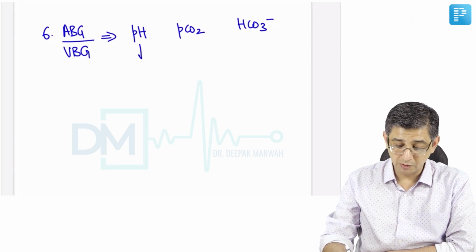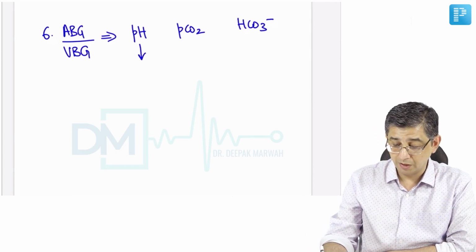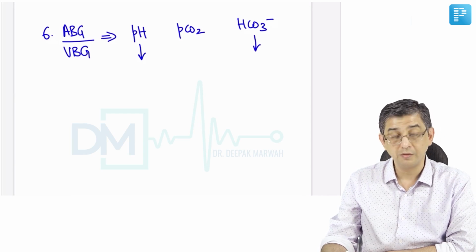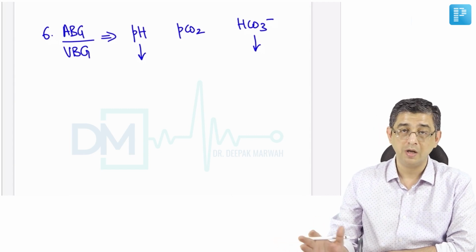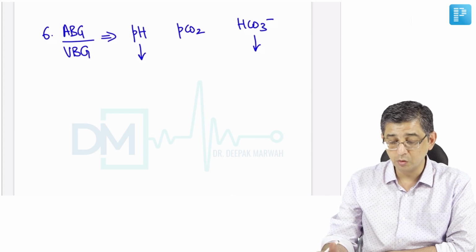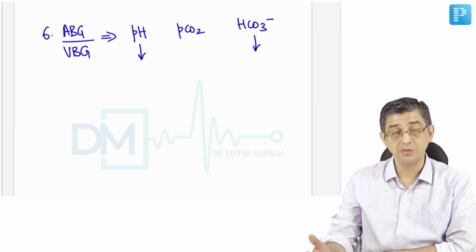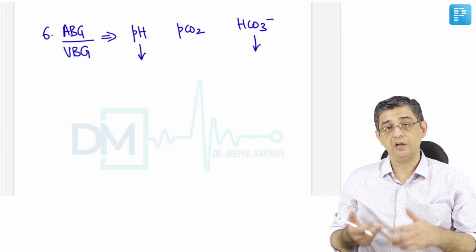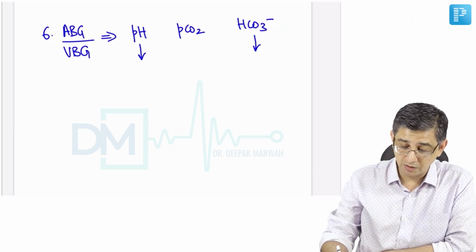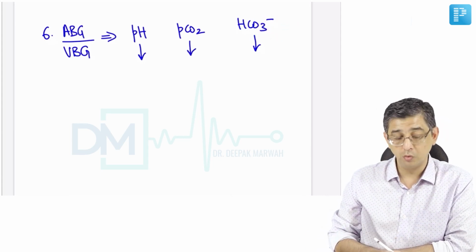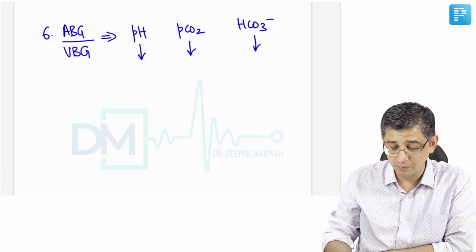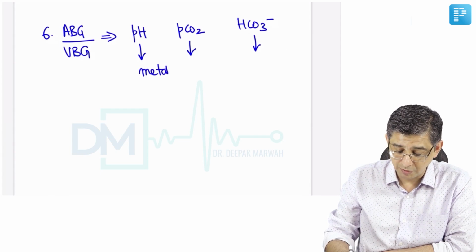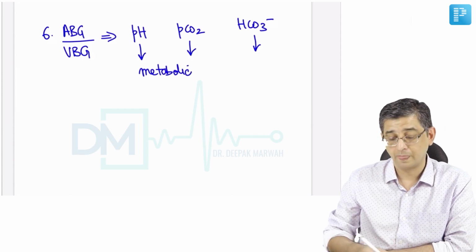The pH will always be less, obviously acidosis. Bicarbonate will also be less. Why? Because of the consumption of bicarbonate by the hydrogen ions, that is ketones. There are three of them: beta hydroxybutyrate, acetoacetate, and acetone. So they will consume bicarbonate. And because of acidosis, the person will do fast breathing. That hyperventilation will cause carbon dioxide values to also become lesser. So do remember, in all ABG MCQs where all these changes are going in the same direction, this indicates that the patient is having a metabolic component.